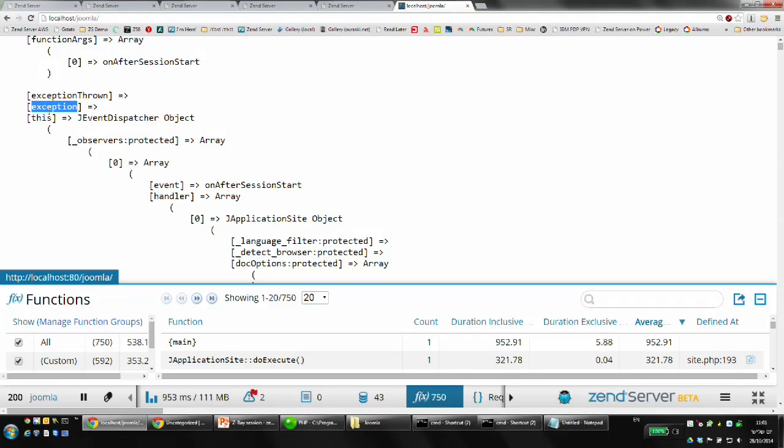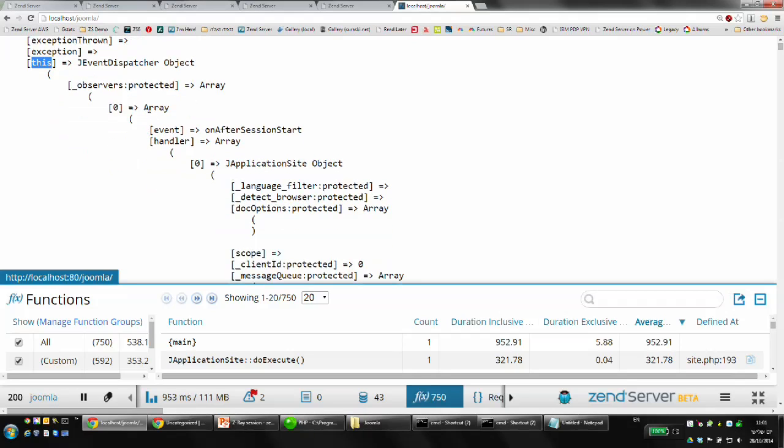First of all, the fact that an exception was thrown, and then full access to this exception object, and you can do all sorts of interesting things. And if this is a method, you have access to the full this object. So in this case, we have full access to the JEvent dispatcher object, and we happen to have what I believe to be the full publish and subscribe map for the